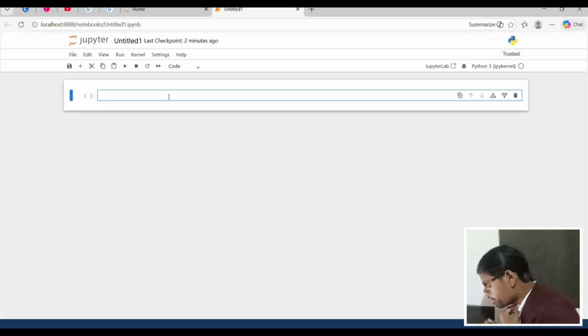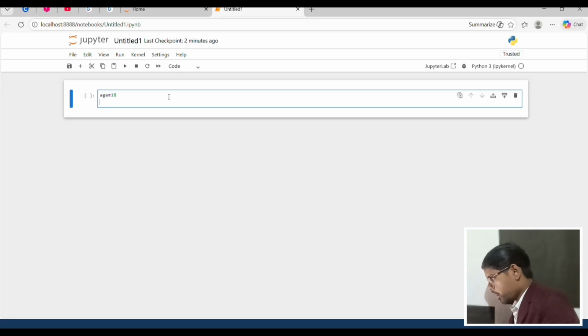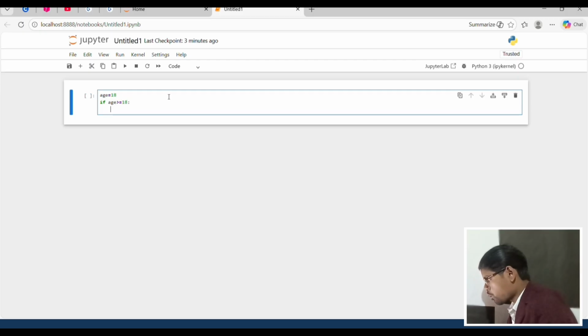First, our age is 18. Let's use if age is greater than or equal to 18, so print adult.